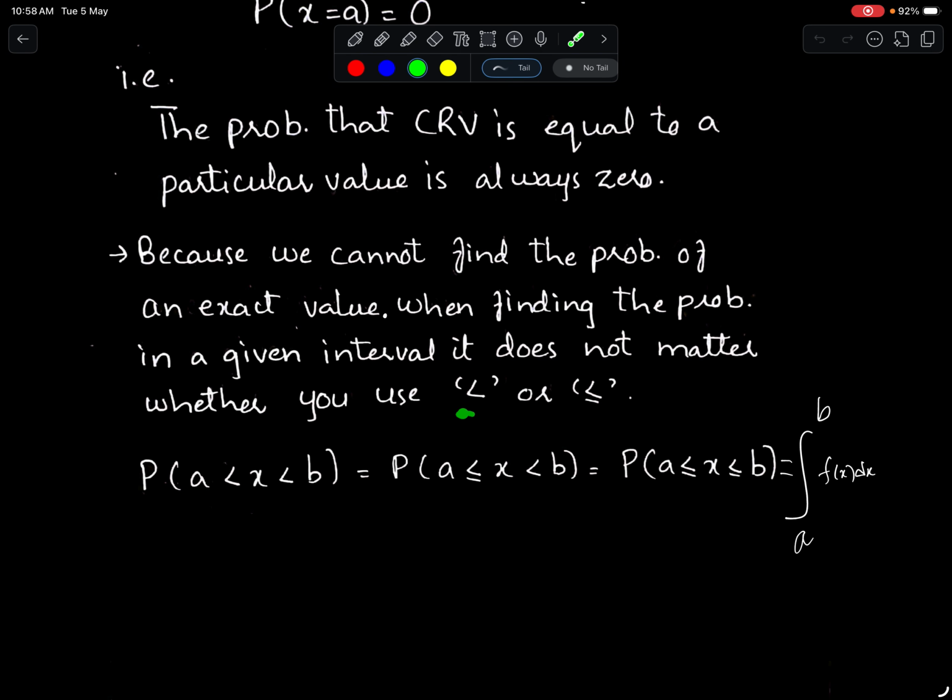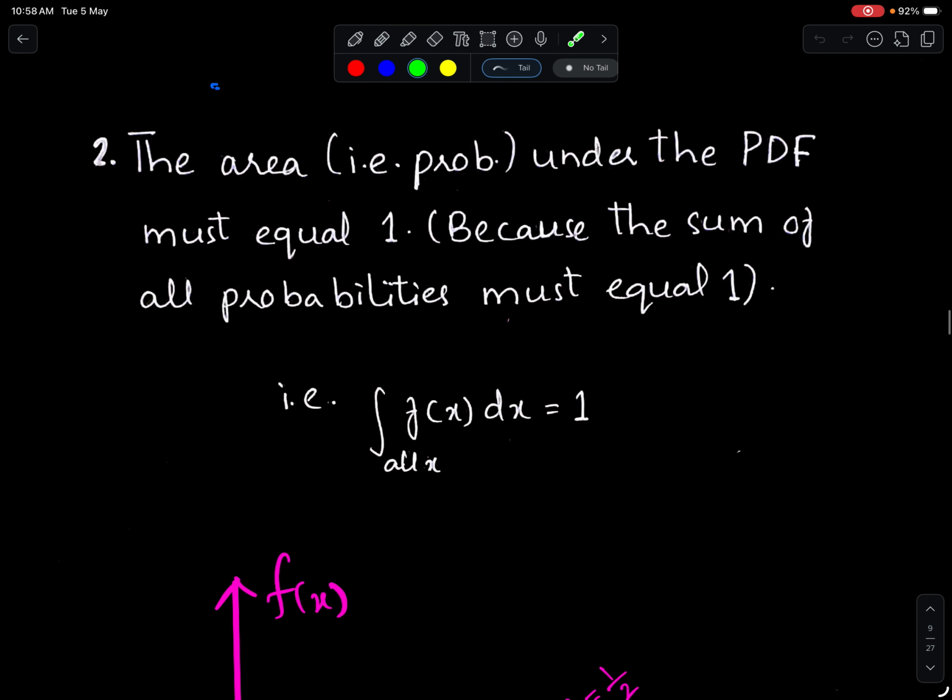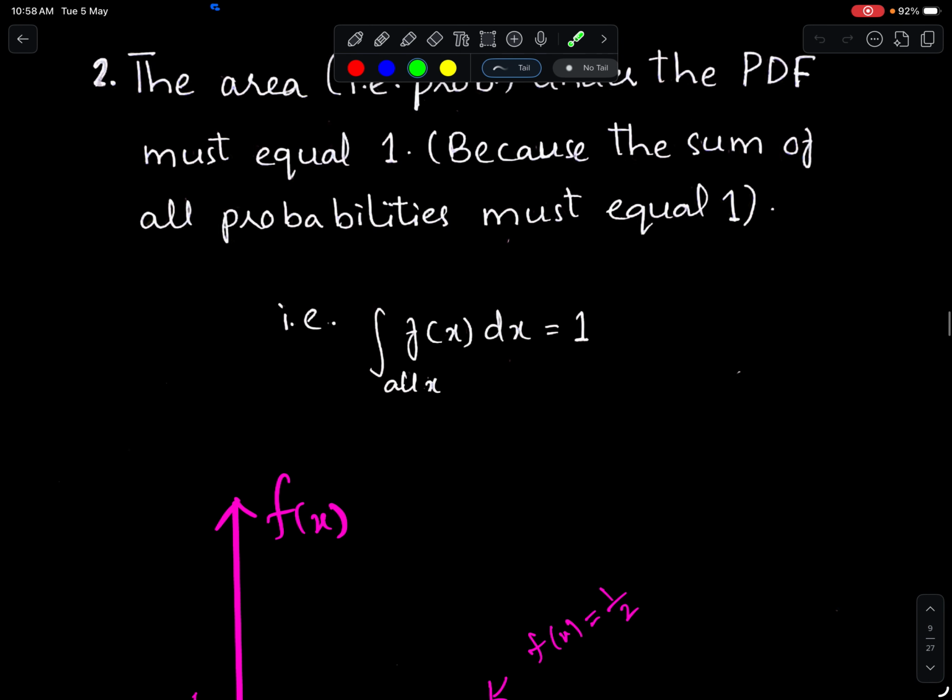In this chapter, these signs mean the same thing. It's a continuous variable, so no problem with these signs. Either write like this, this is inclusive, or both inclusive, no problem. For all, the formula is this: lower limit, upper limit, fx dx. Area all x